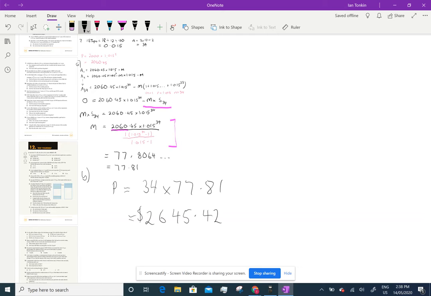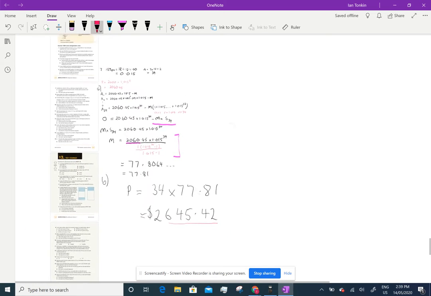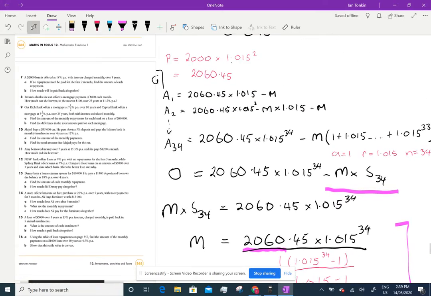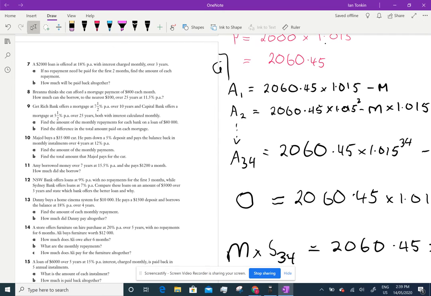Now, the next question would be, how much interest did you pay? And you paid $645.42 because you borrowed $2,000. And how much of that would be, well, you'd have to put that over the 2,000, times it by 100 and divide by 3 because it's over 3 years to get the flat rate of interest. All right, so that was question 7. I need to do question 8